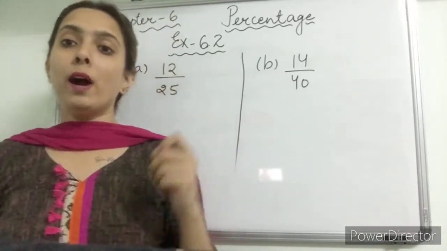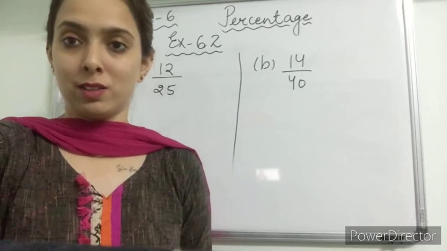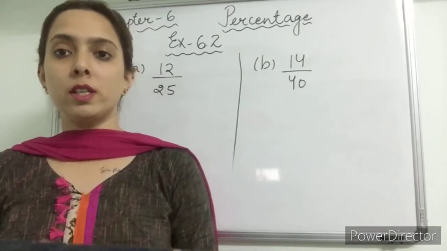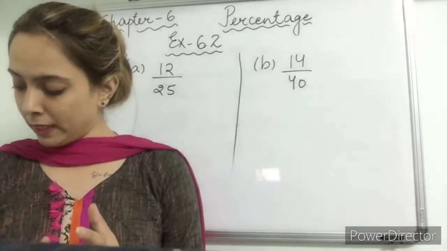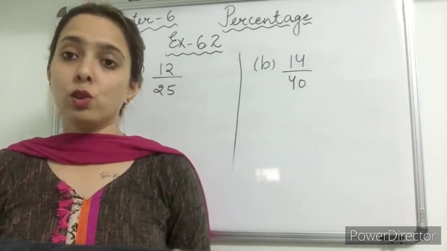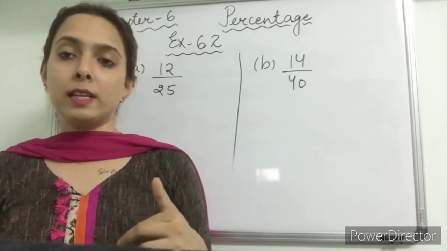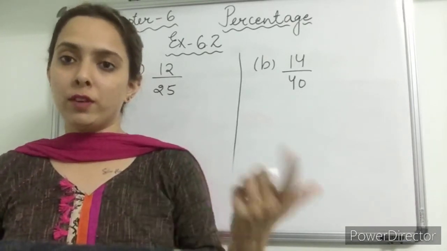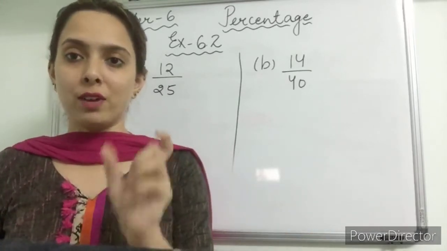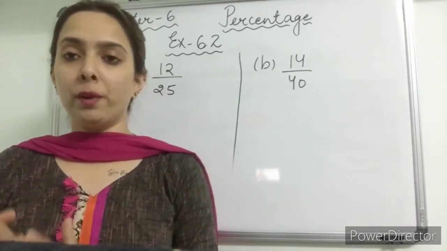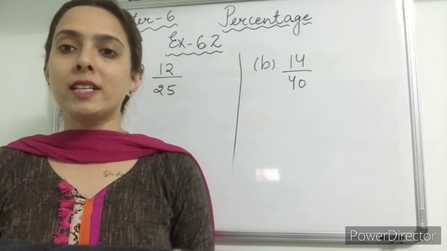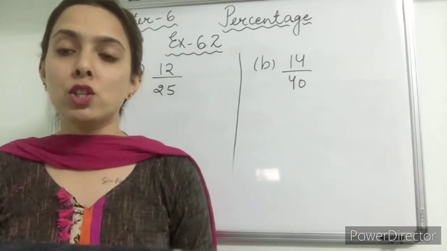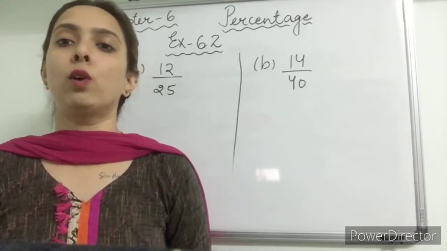So students, you have to remember all these methods. When the question asks you to convert the following fractions into percentage by finding equivalent fractions, in that case you will always make the denominator 100. Just in the previous question they mentioned equivalent fractions, so we converted the denominator into 100. But when the question says multiply by 100, it means you have to multiply the fraction by 100 and then you will find out the percentage.